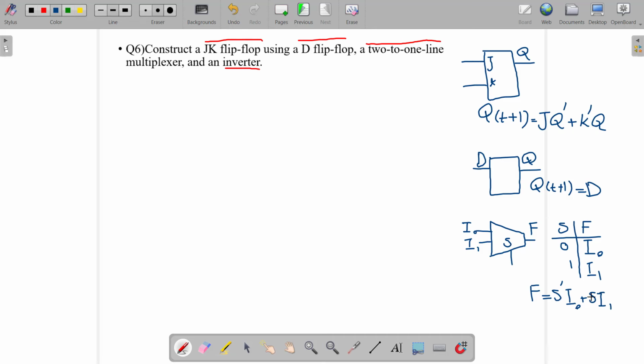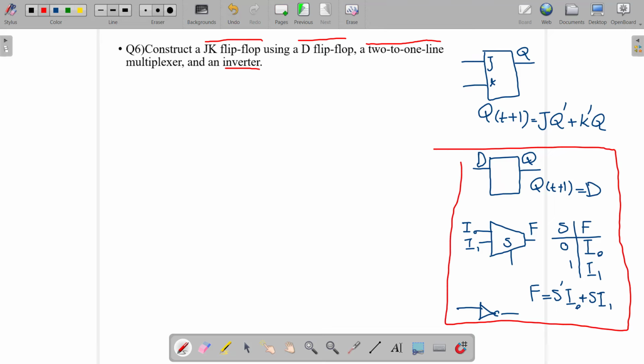You see that using this concept we can find the F, and also we have the NOT gate. So using these three components,